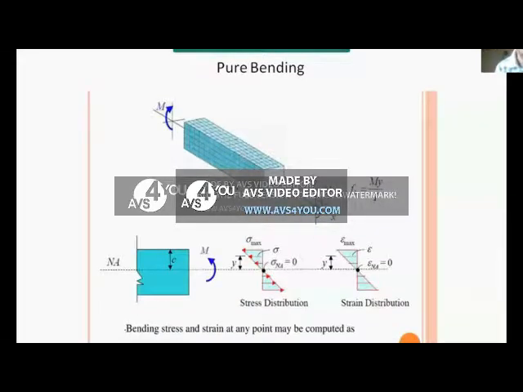So this is about pure bending, which I was talking about. In this case, this is the vertical plane. So the moment is acting in the vertical plane. That means it is acting about this neutral axis, the z-axis. When the moment is acting about the z-axis, which we have calculated in the last semester in your solid mechanics theory